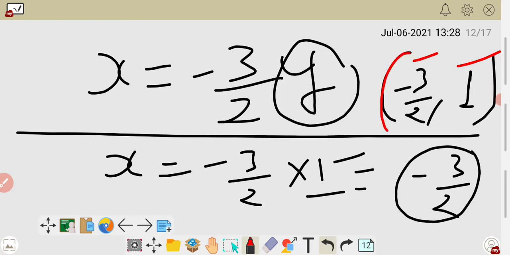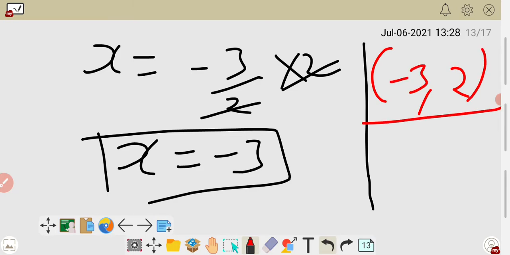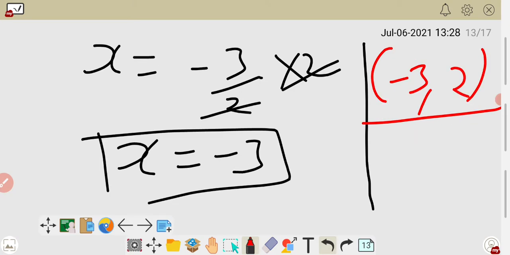So these both together are known as the solution of this given equation. Now when you take, in place of y, 2, so for x you get minus 3, then together this is also called a solution. So if you take different values of y, now for y you take 1, next 2, next time 3, and then 4, and then 5, and then 6, up to 100 or 1000, you also get different values of x.